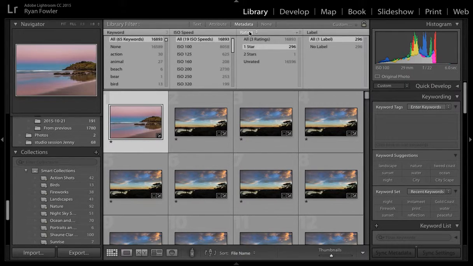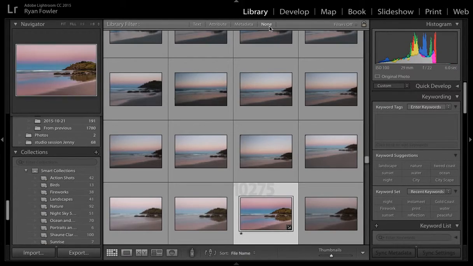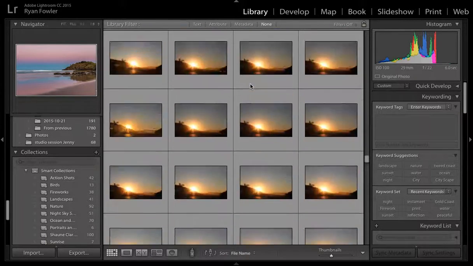And just one thing I want to mention is if you want to get rid of all of this searching because you're trying to find something, just simply click on the option again, or you can click none, and then it goes back to all of your